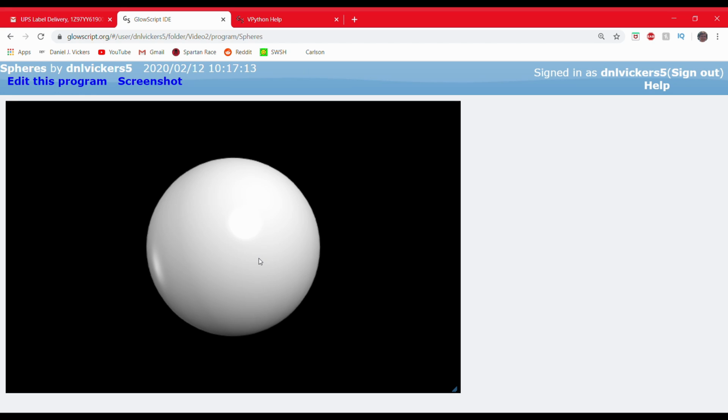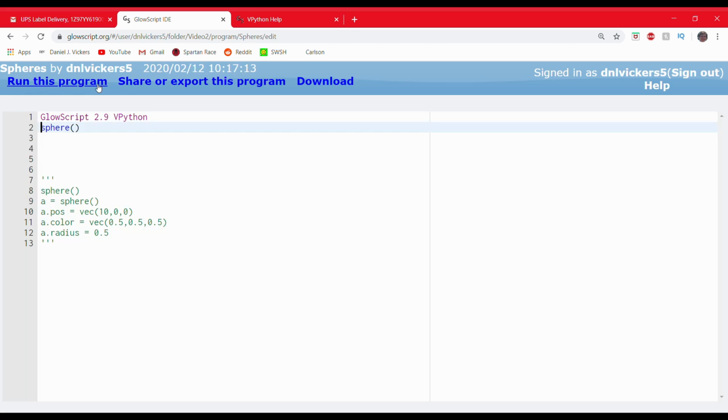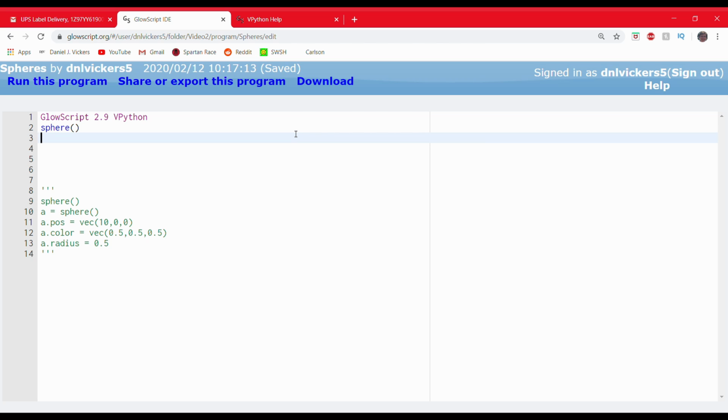The defaults for a lot of these objects are listed on vpython.org, particularly for the sphere object. Its location is at the origin, its color is white, its radius is 1, things like that. Those are all attributes you can choose to change, but it has just a default thing to it. So a lot of these, if you don't specify something, it will just use the default value. But yeah, so I'm going to leave that sphere in the program just so you can see where we're creating